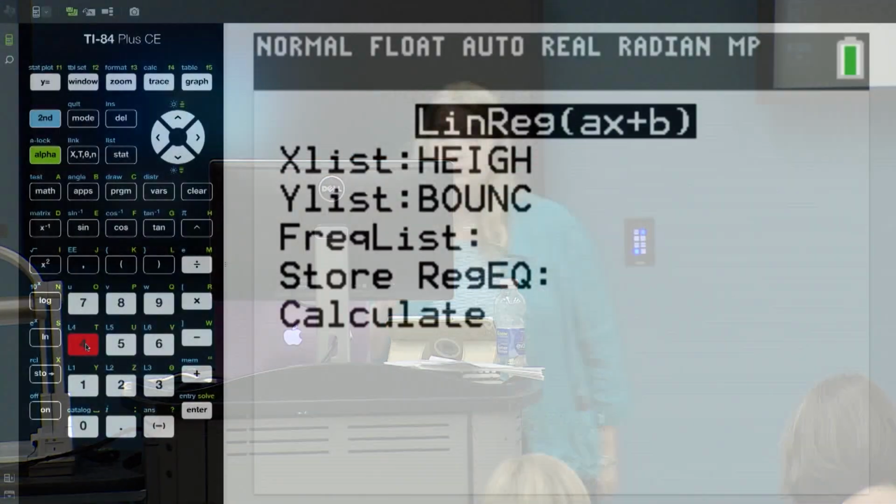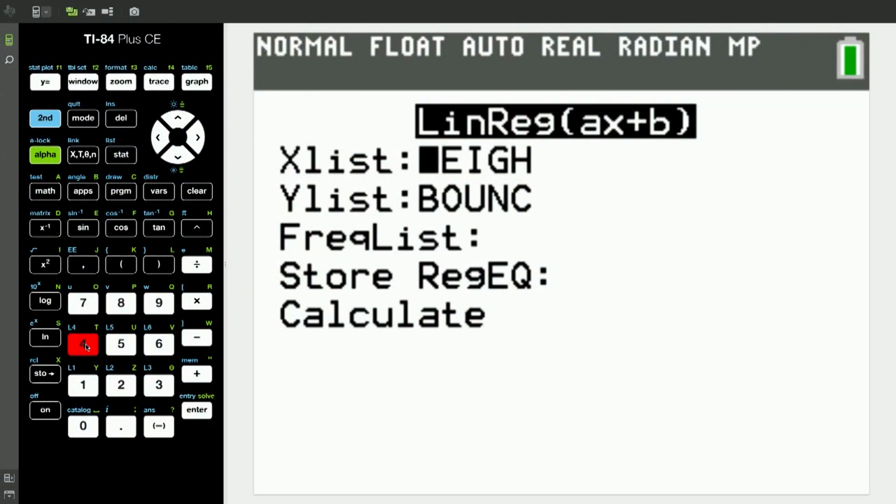I would prefer, and I think your students would like number 4 better. Now we're going to get a different list. But you still have height and bounce in there, right? You still have height and bounce in there, correct? You didn't lose them. Now we don't worry about frequency. Now, would you like to actually see the line and see it graphed on the scatter plot to see how close it actually is? So let's tell it where we want it to put the line.